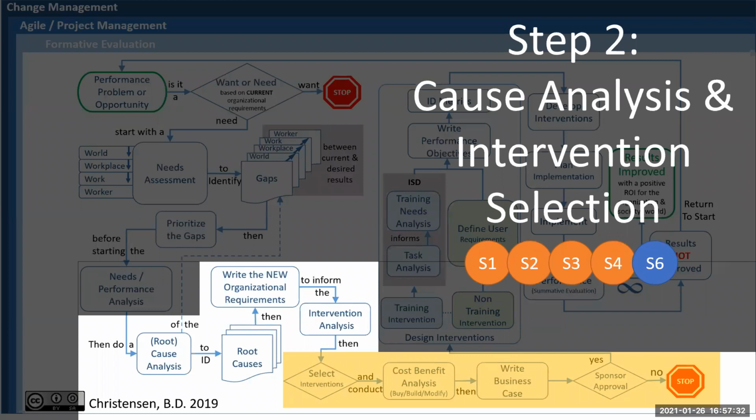So at the bottom in the yellow, this is the new things that were added to version 10. So when we're selecting the interventions, if it's a big and costly intervention, it's good to do a cost benefit analysis and determine with the stakeholders whether it's best to buy, build, or modify whatever it is that you're bringing in to help close the performance gap. And then after you do that, you should write a business case to fully lay out all the costs